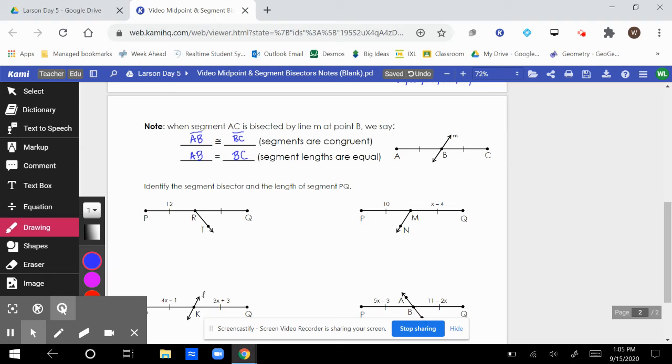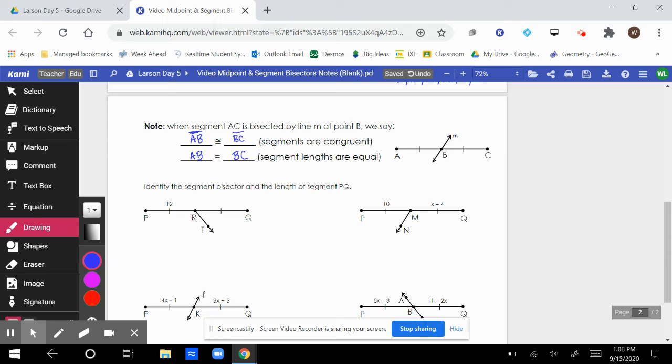Okay, guys, so now moving on to the next page. I kind of got into this a little bit before, but notice when line segment AC is bisected at point B, okay, you can say the segments AB and BC are congruent, where you use the symbol for a line segment with that line above the 2 capital letters and no arrows, and your congruent symbol, which is an equal sign with that squiggle. Or you can say the lengths of the segment are equal, where you just say AB